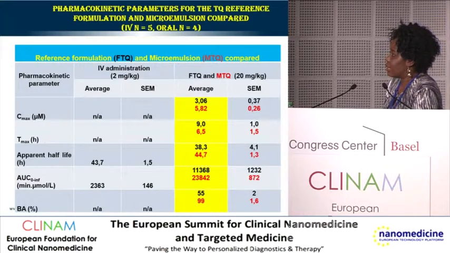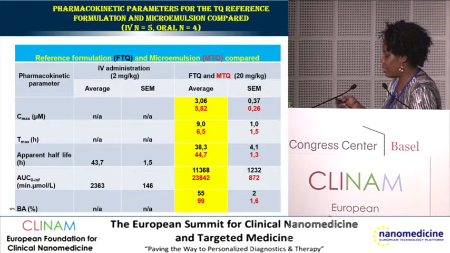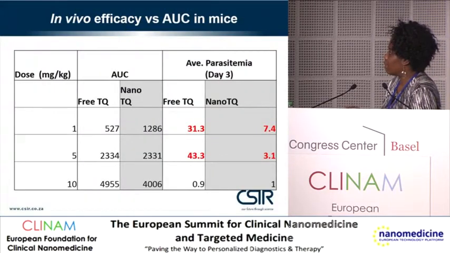We also looked at the Tmax and the apparent half-life. There was also a little increase in the half-life, but then we saw that there was a significant increase in the AUC, and that actually could explain why the bioavailability was enhanced from 55% to 99%, and we can see the standard deviation there. So when we saw this result, it was really interesting, but we needed to still bear in mind, of course, one of the problems of the drug. Remember I mentioned it earlier, that of toxicity, especially with G6PD deficient individuals. So we have that at the back of our mind.